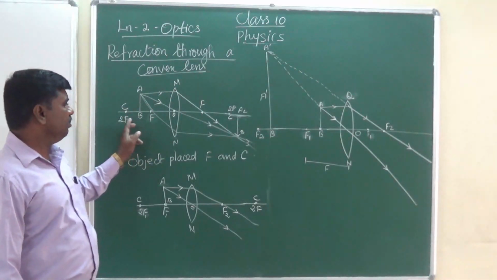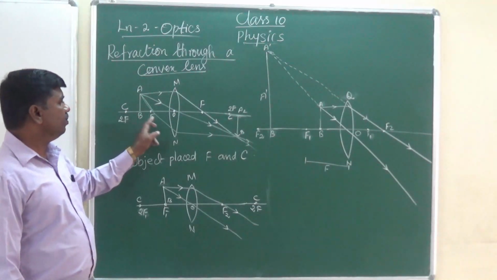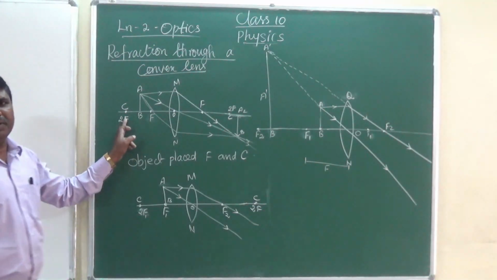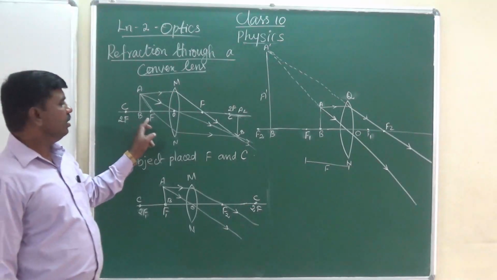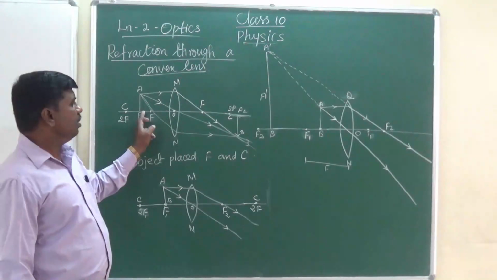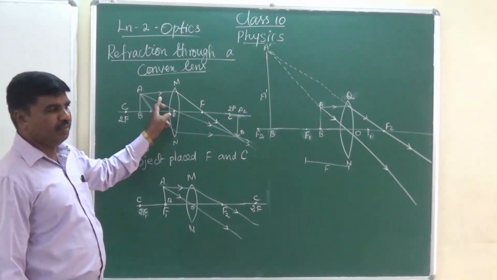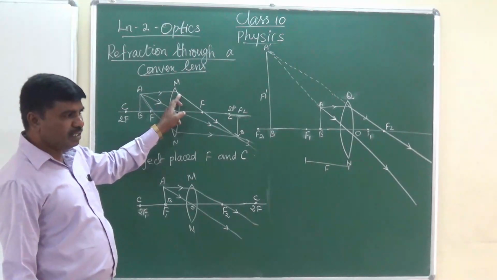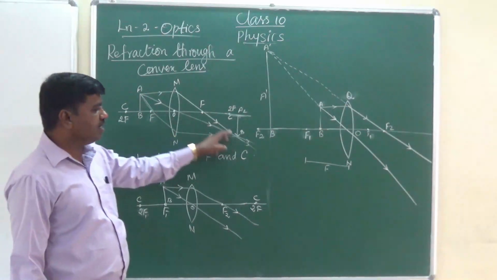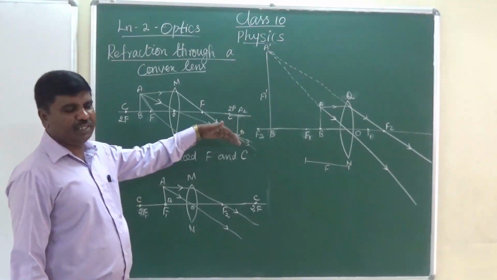The same way here, the source is in between the focal length and the center of curvature. So the rays are parallel to the optic axis. When the rays hit the lens, they deviate. The rays go through deviation.